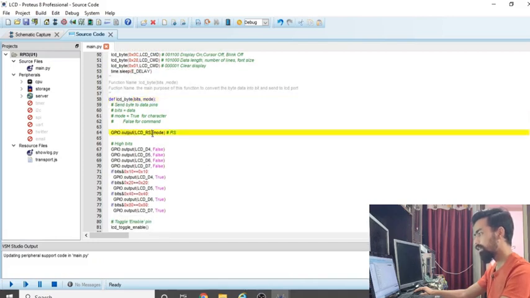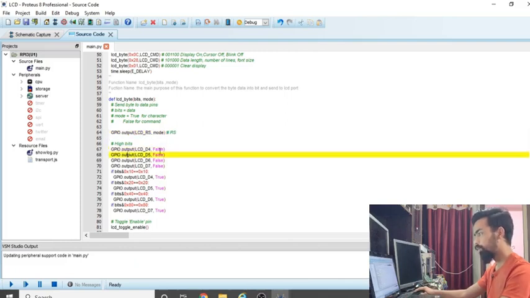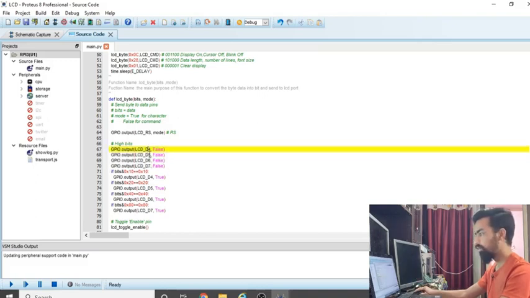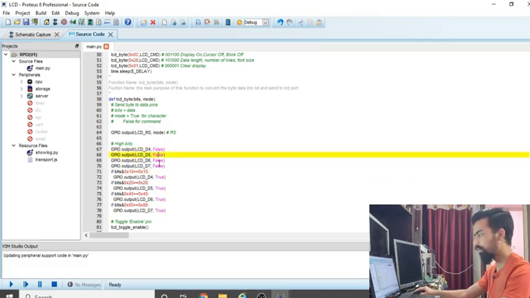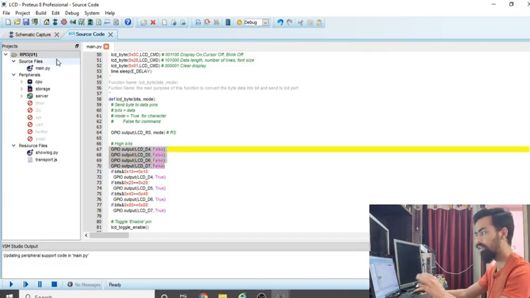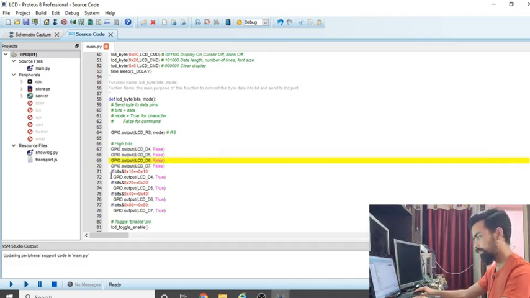First, set the mode as command mode. Then GPIO.output, all our 4 pins, D4, D5, D6, D7, should be set to false by default. This means the 0 signal is sent on LCD D4, D5, D6, D7 by default.